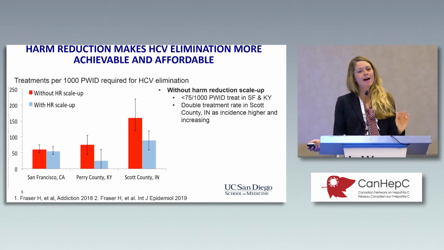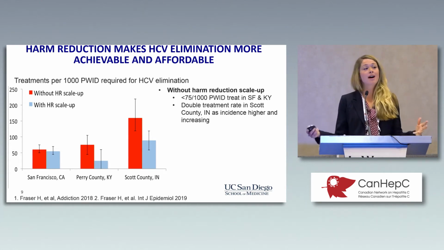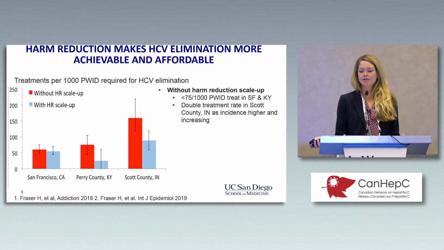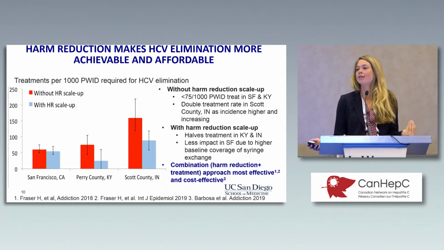Now, we saw less impact in San Francisco because existing coverage of harm reduction was quite high there, so there wasn't as much room to scale up. So again, heterogeneity in that response. And some other modeling work that we've done has also shown that this combination harm reduction approach is not only more effective, but more cost-effective than just single intervention approaches for elimination. And so it's really the best bang for your buck and the best way to spend your money in order